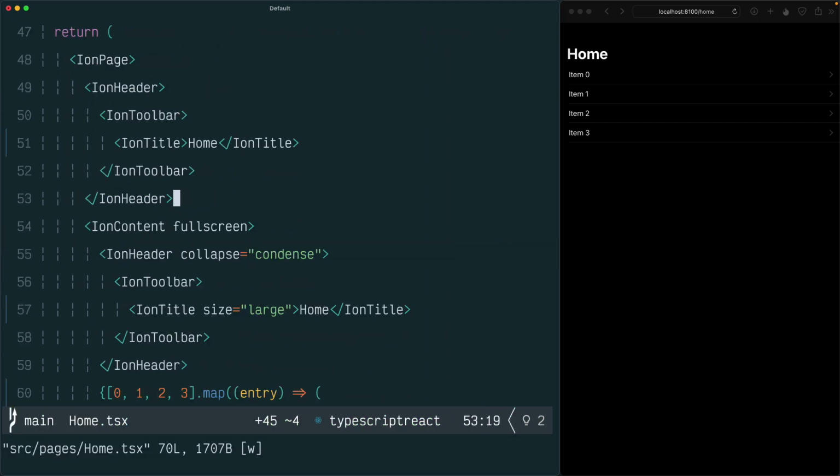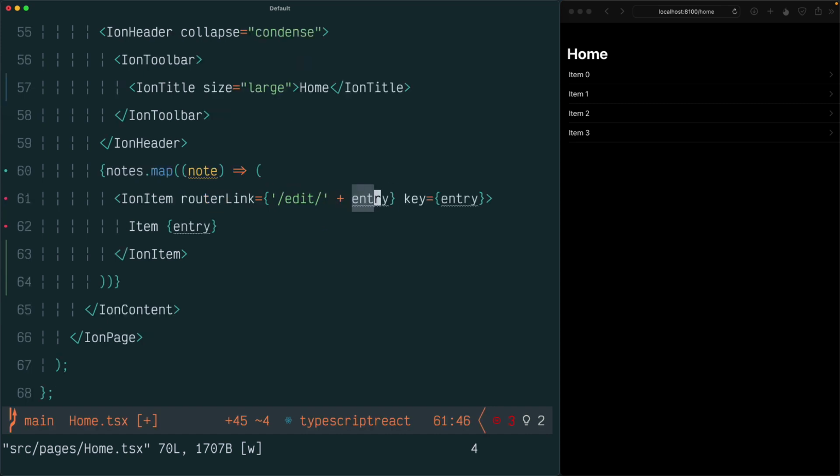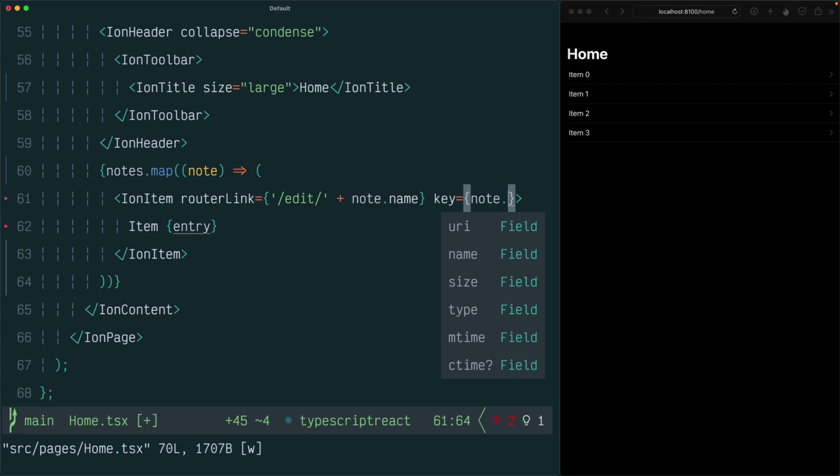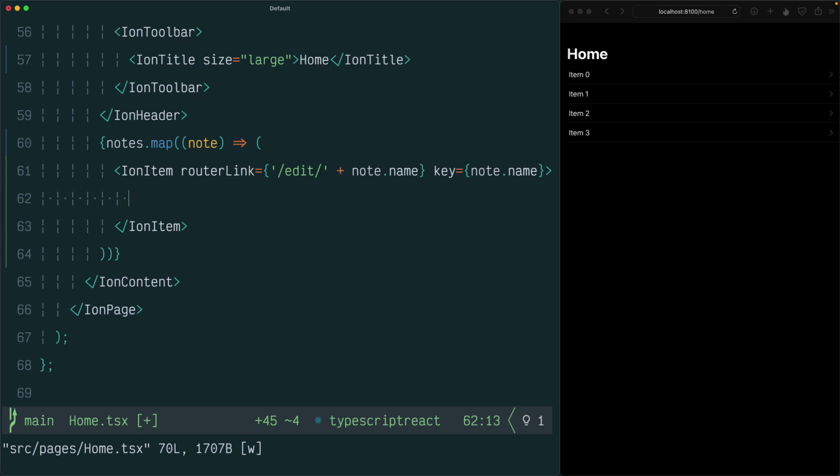Now, down in our render function, instead of using this array here, we can get rid of that and hit notes. And then let's just rename entry to be note. And then we will make this note.name. The key will be note.name. And then instead of rendering item entry, what we're going to render instead is just the name of the note. Let's save. And now we have nothing displaying on our home component,